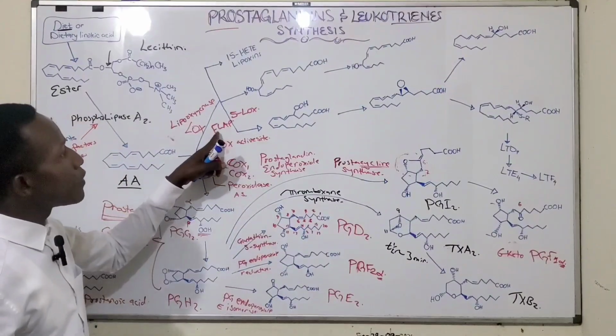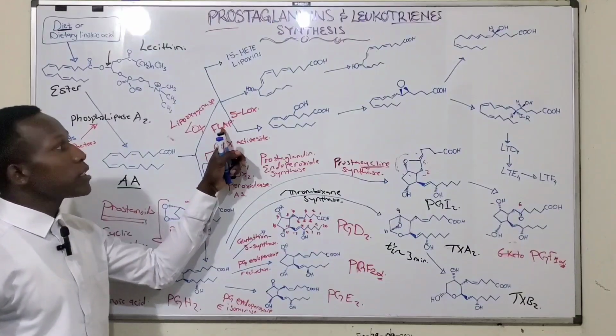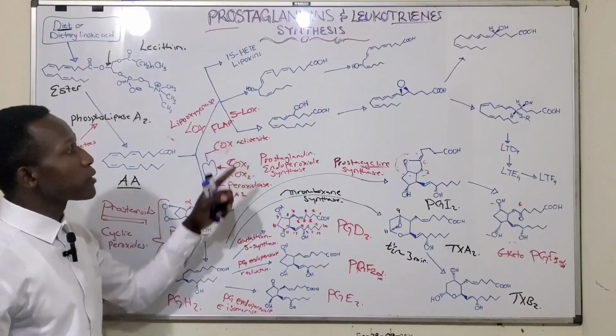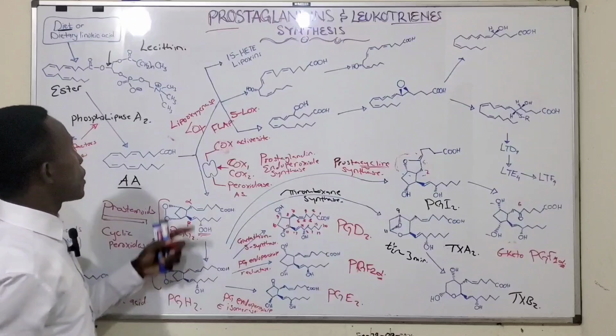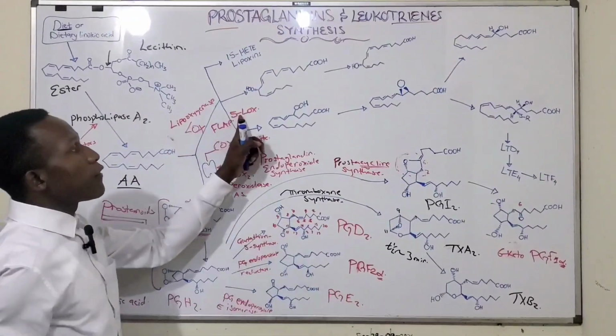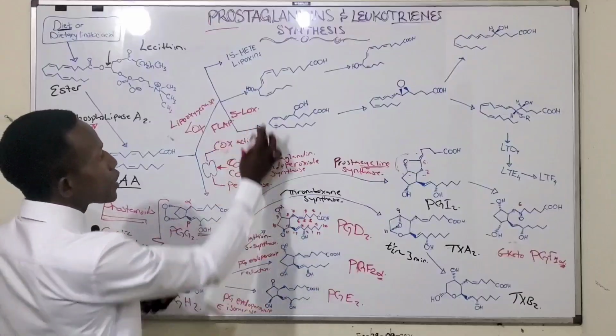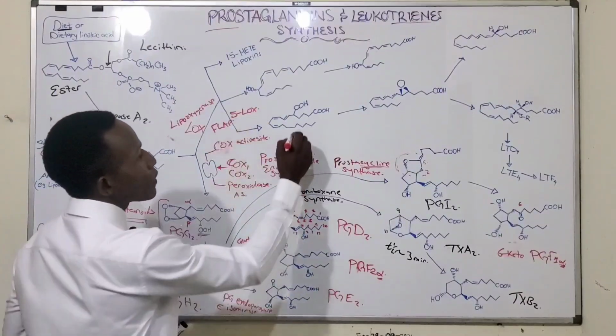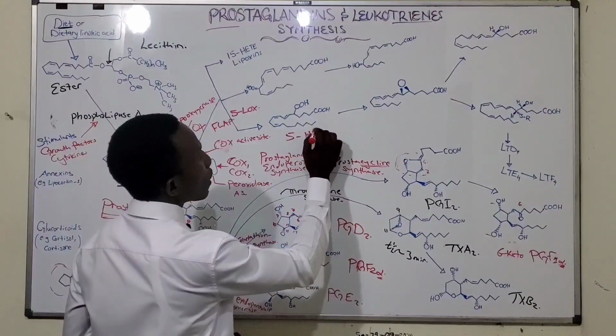This is 5-lipoxygenase activating protein. This protein gets the arachidonic acid and takes it to 5-lipoxygenase. This one converts it to the 5-